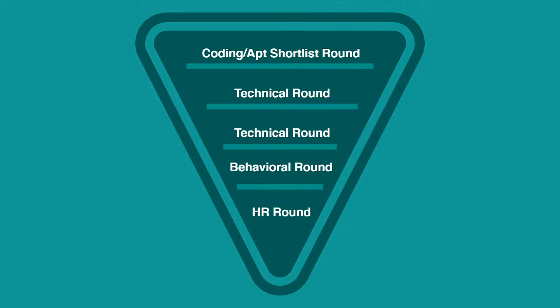Going further, if you cleared all these rounds, you'll have one more behavioral round. This is slightly uncommon, but it is visible in different interview processes. Here you'll be asked puzzles and other situation-based questions. Robin will explain how to solve those using a technique called STAR. But for now, all you have to know is that you'll be given a situation where you'll have to tell how you'll react. Or they'll ask you something like, in what situation did you have to show your leadership skills? So you will answer such questions, and then they might also ask you puzzles.